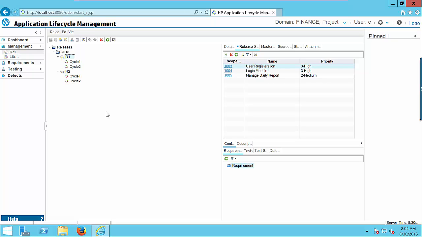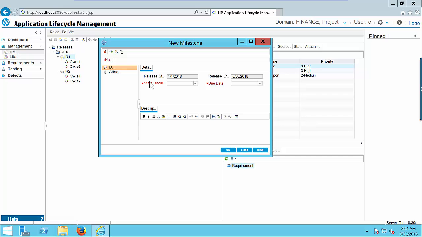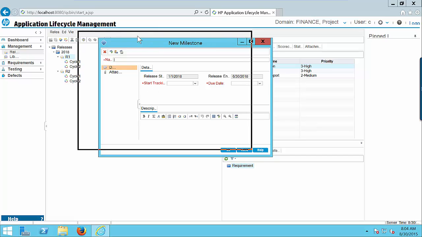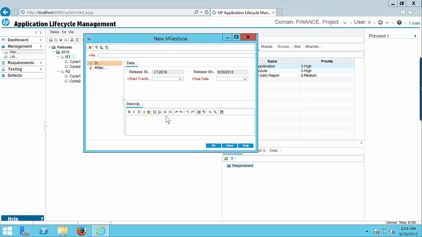The next step is to create the release milestone. The simple definition of milestone is to keep track of different software development phases. So in order to create the milestone, click R1, that is the release, and click on new milestone button. Here is the new milestone window. Give the name of the milestone. For example, we would say UI development,